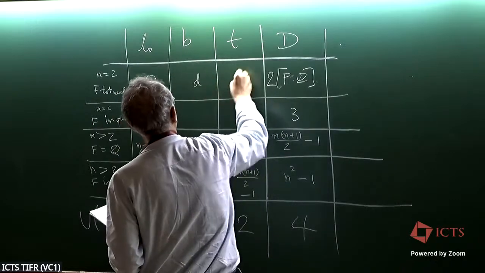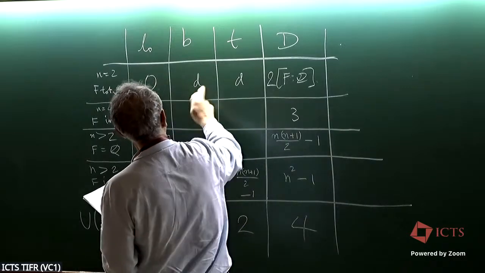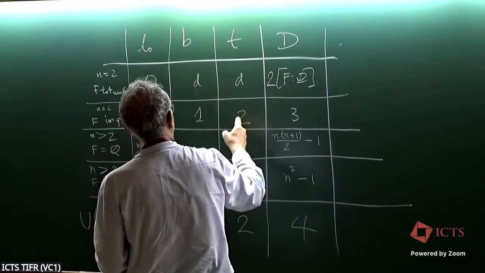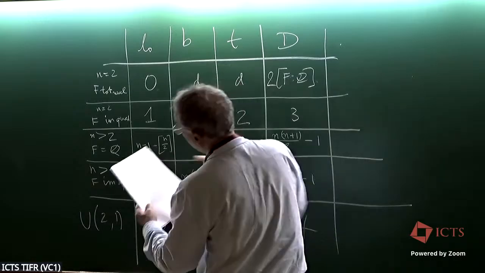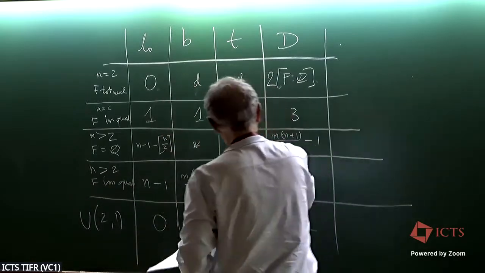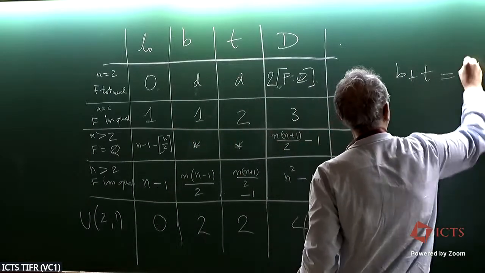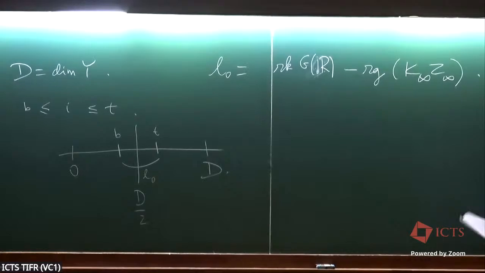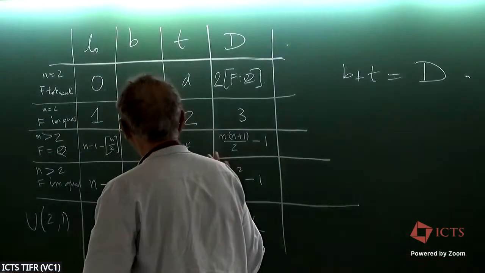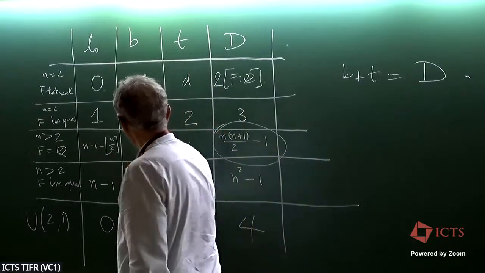So D, as I said, the difference is 0. L0 is 0. This is the difference of these numbers. So here it's 1 and 2, the difference is 1. And here you don't care, some integer. I can give you the formula, but anyway, some numbers. And you always have bottom plus top equal D because they are symmetric with respect to the center. So in particular, there is a remark which I learned in the paper of Raghuram, and that's very important. This number is the same as this number.